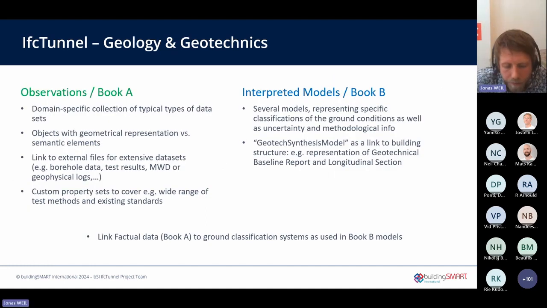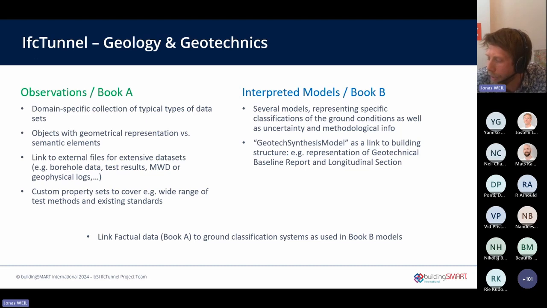So what are the most important aspects in those models according to our analysis? We think regarding observations, we made a collection of typical data that we think are essential to be supported.